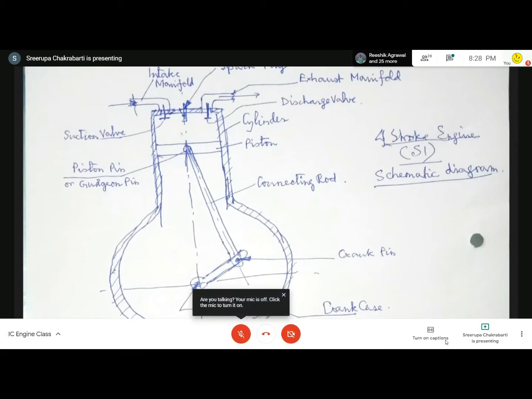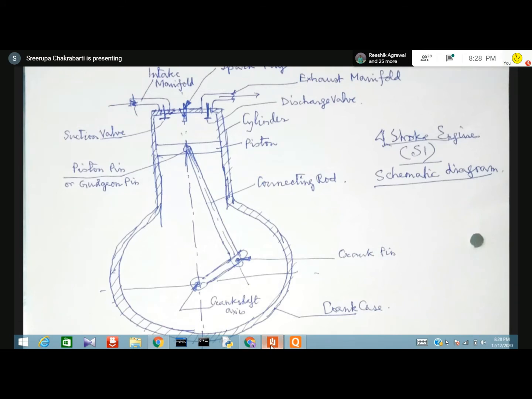Piston, when it moves, it is moving from an extreme position near the valves. It is not touching the valves. It is not touching the spark plug. So near the valves, there is a position which is called top dead center. We are using top because this is a vertical engine. Had it been a horizontal engine, we could have called it an inner dead center. But it is a dead center.